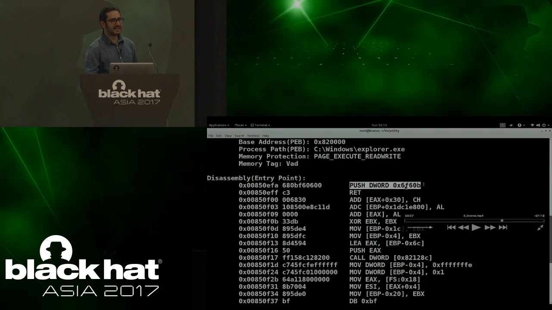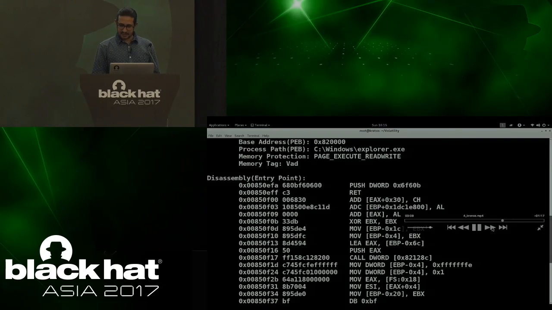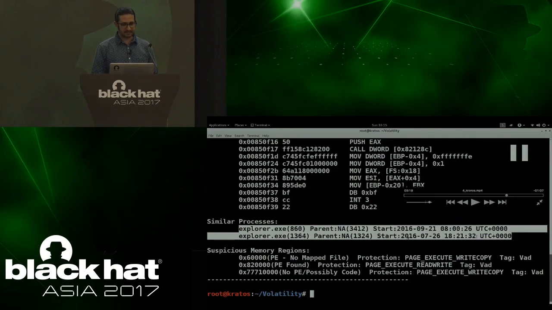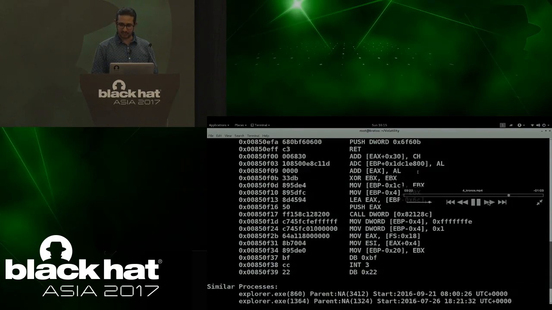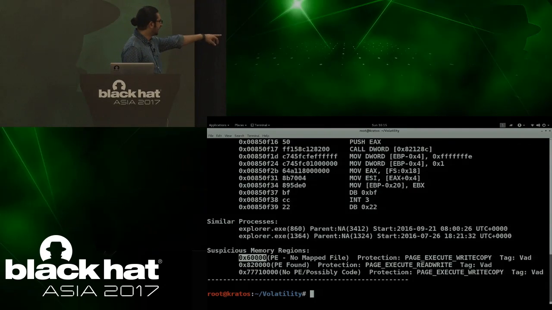So it is redirecting the control to the address of entry point of the injected executable and then executes it. So now how do we detect this? What other logic does the HoloFind plugin use? Let me show you. You see that it is showing the parent-child relationship, but what's interesting here is HoloFind was able to detect the suspicious memory region 6000. What is the logic now?